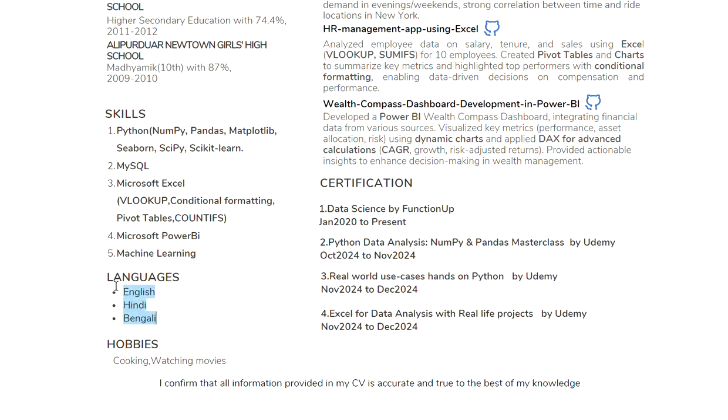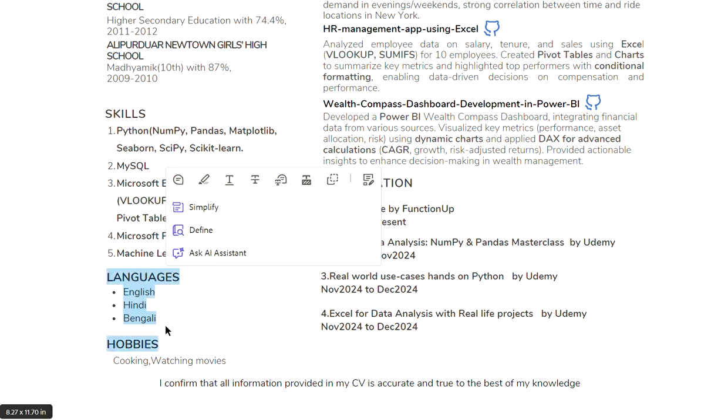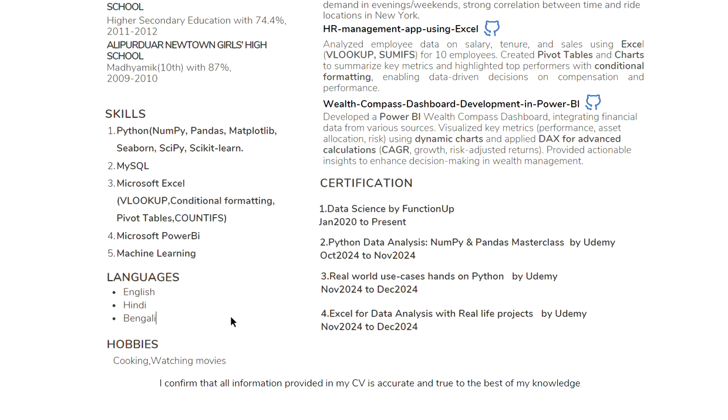Languages, in some places it can be important, but in most places it is not important to put languages in. Think from the job recruiter's point of view: they are looking for skills which will be necessary for them to get some job done. Now, if you really think that you have a really unique skill, definitely put that in. But languages like English, Hindi, Bengali are most likely not very valuable information to put in your CV.